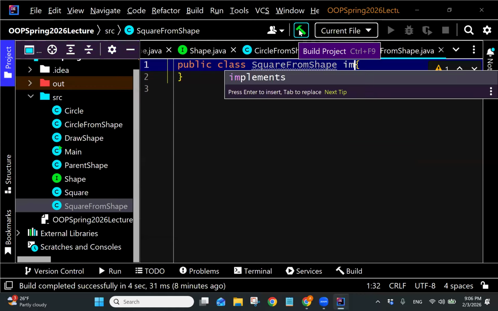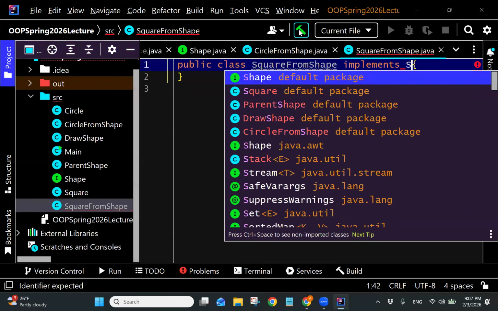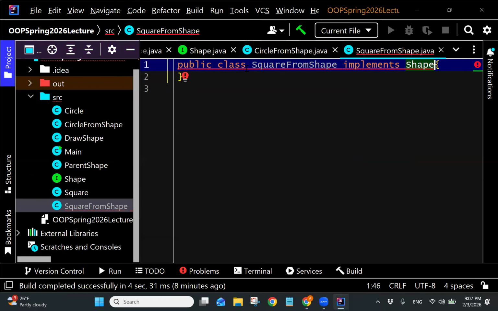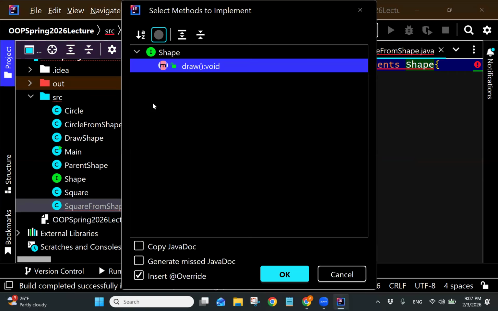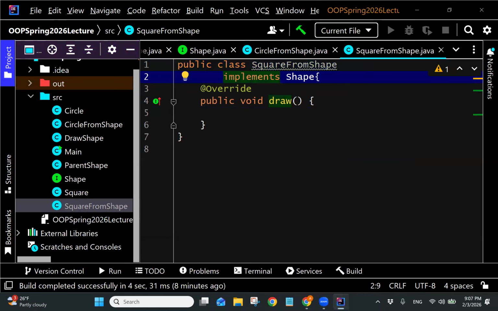And this is also going to implement shape. And it's also going to draw. Because it advertises itself as implementing shape, it has to have a draw method, which we're going to put over here. And this is going to be drawing